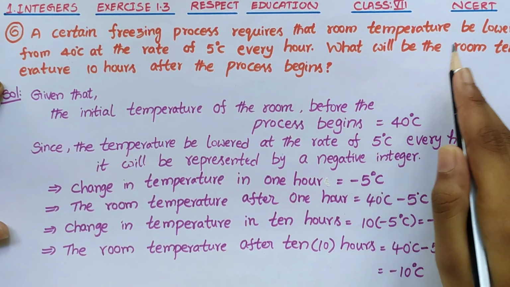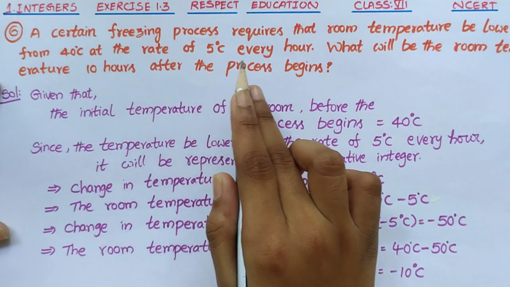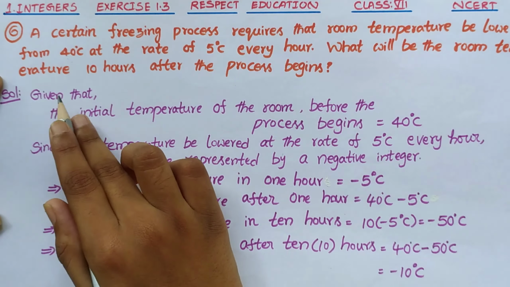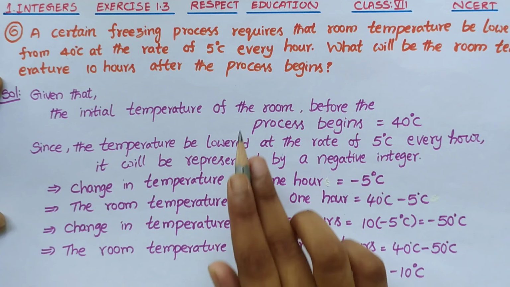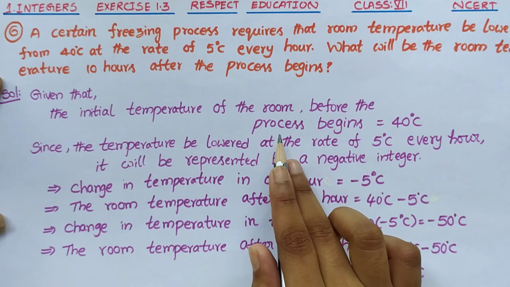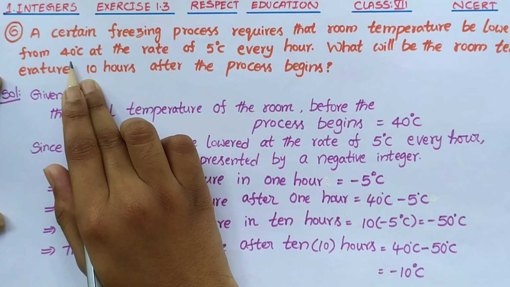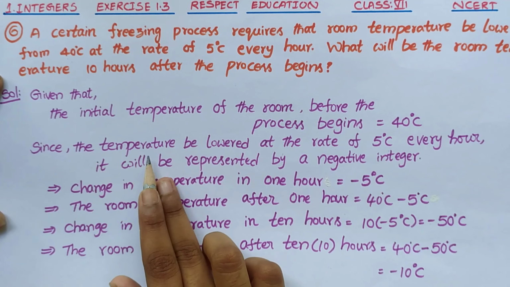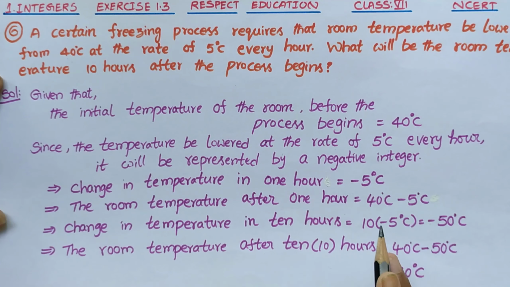What will be the room temperature 10 hours after the process begins? Given that, see here friends, the initial temperature of the room before the process begins is 40 degrees Celsius. Since the temperature be lowered at the rate of 5 degrees Celsius every hour, it will